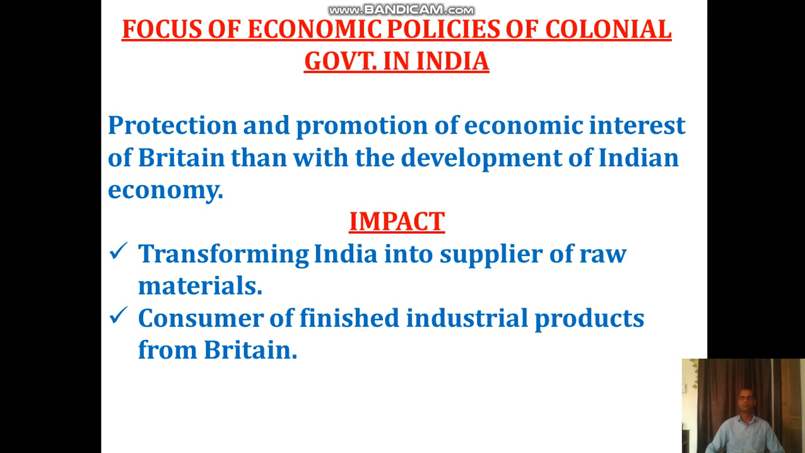So what was the impact of these policies? Now we know that their only policy was to protect their home country and their economy, then the Indian economy. So what was the impact? The impact of their policies was that they transformed India into a supplier of raw material. During the British period, India became the supplier of raw material and we became the consumer of finished consumer products. So as raw material, we supplied cash crops like cotton, jute, and indigo,